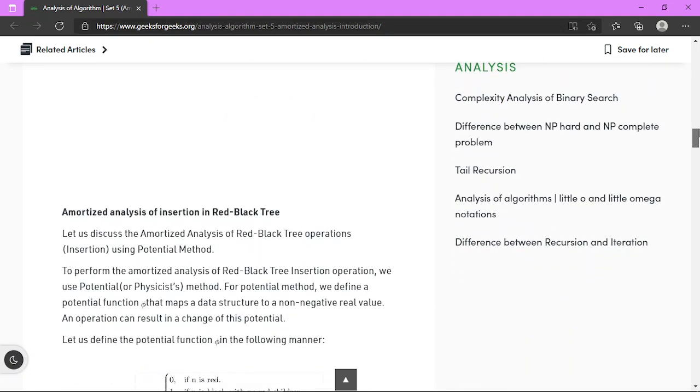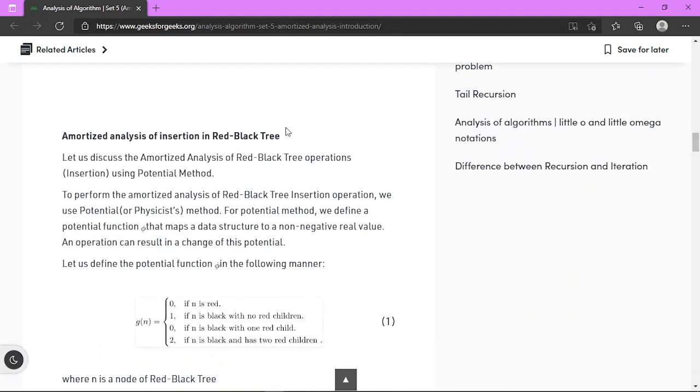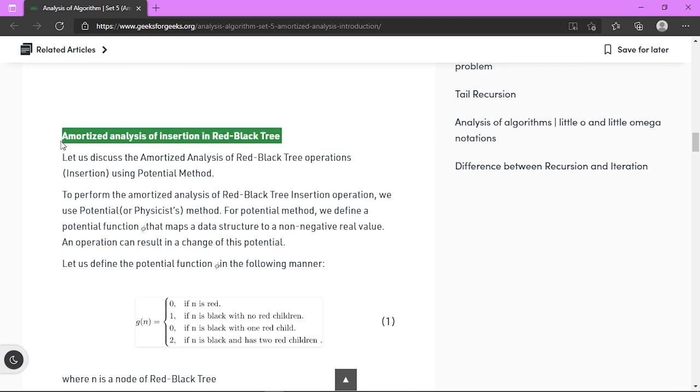And now, amortized analysis of insertion in a red black tree. As I told you in the beginning, the red part was done by me because we need not study this for GATE, but still you can read it so that your vocabulary is enhanced.